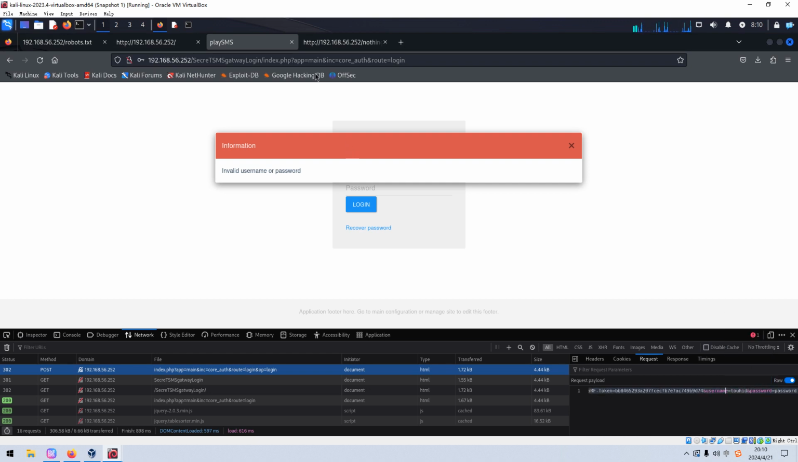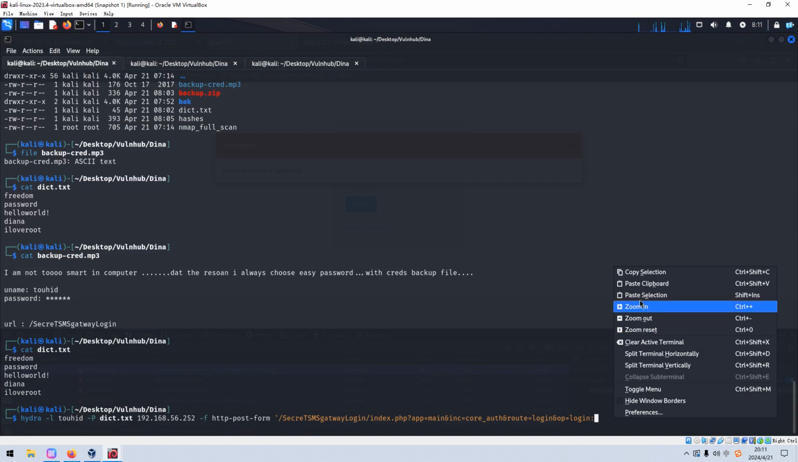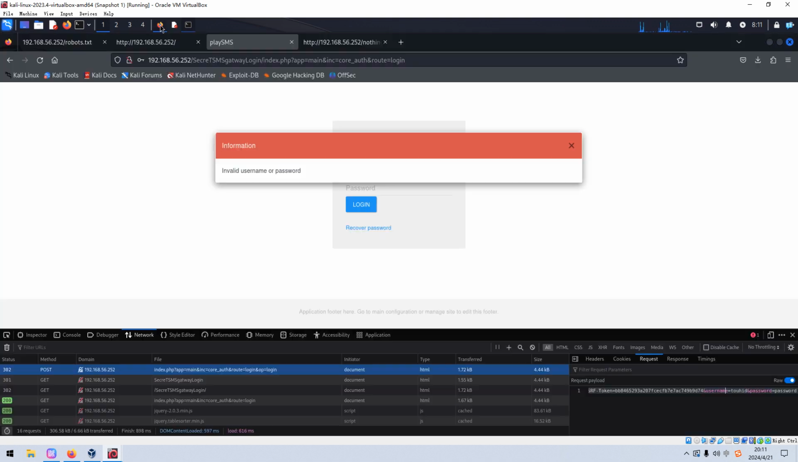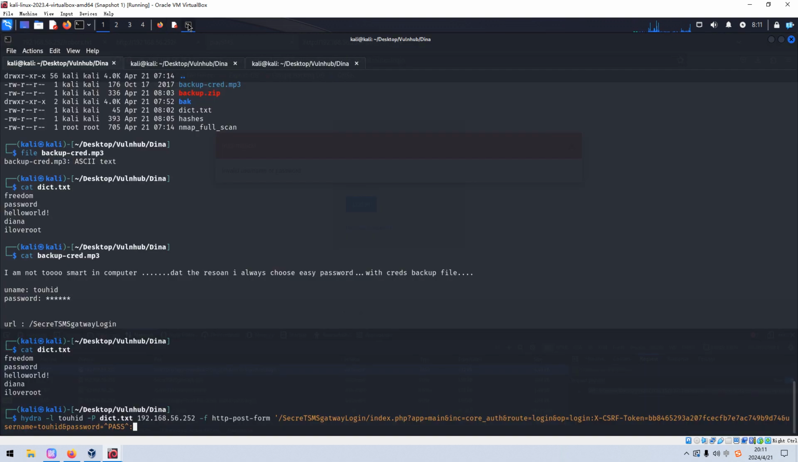We can select all and put it in here. And here we need to replace this one with the password. And then we need to put the error message shown when we submit an invalid username and password. So we just put the keyword invalid